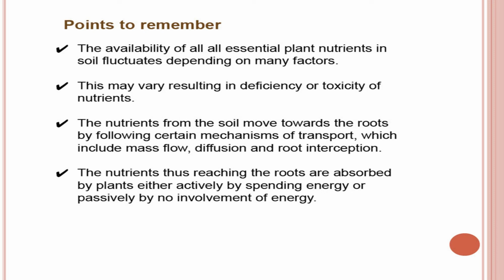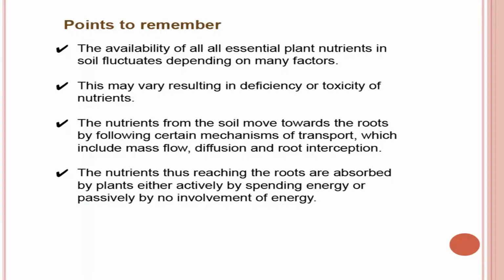If the farmer is a good manager, he is doing everything in right time, then he can increase the availability of the nutrient, particularly in case of chemical farming where farmers use fertilizers. So, fertilizer farmers should remember 4 things: they should use the right source, which gives the maximum efficiency of the nutrient, then right amount. It should not be used in excess, because if you use one particular nutrient in excess, it can reduce the availability of the other. So, they should be used in right amount, right proportion also.